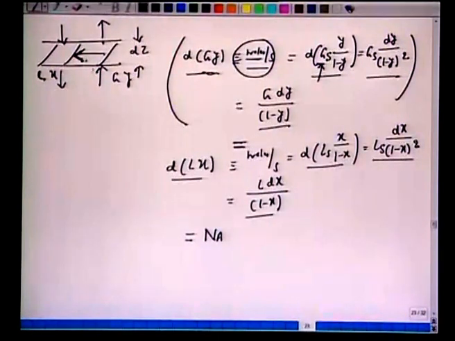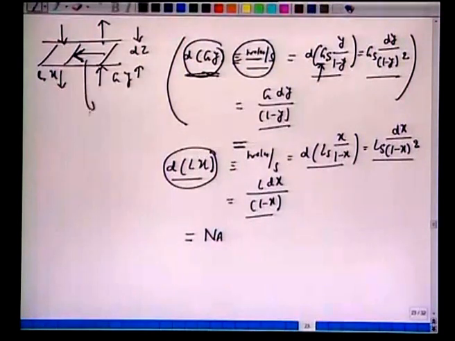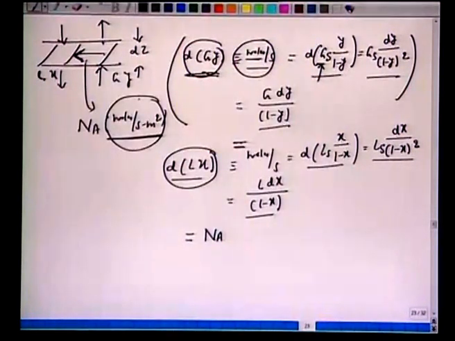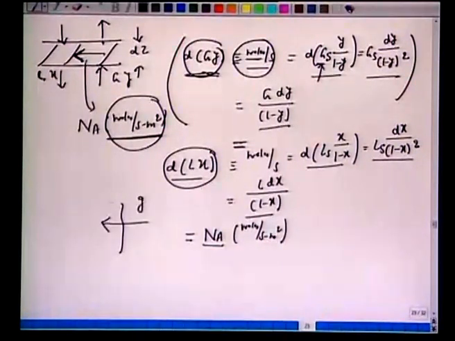So, now we are talking of flux. Why has this quantity changed across this dz, by dGy or by dLx? Because there is a transfer of sulfur dioxide from the G phase to the L phase, in terms of moles per second per meter square. So, now we are getting into the business of mass transfer diffusion flux equations. So, we have NA in moles per second per meter square. That is a flux across the two phases, from the gas phase to the liquid phase.